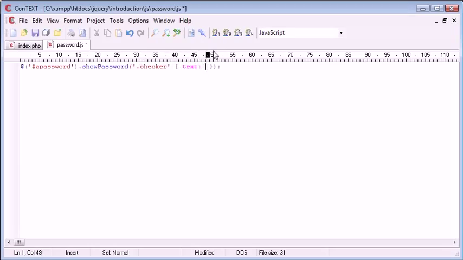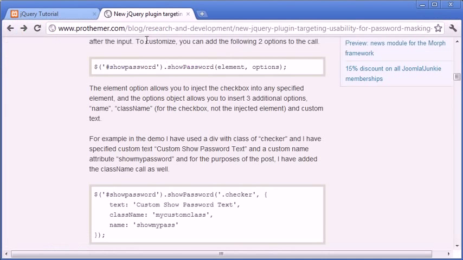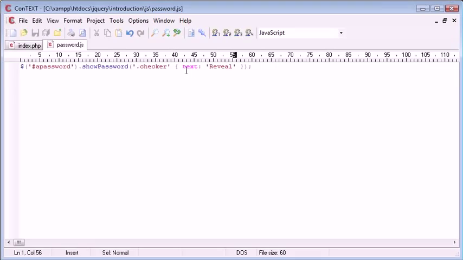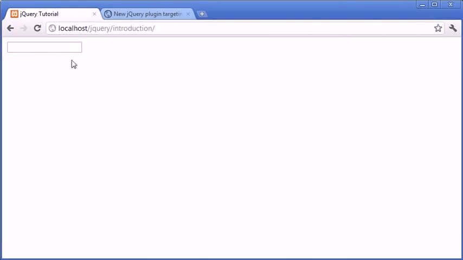We can supply text, so for example reveal, and now when we refresh this, you can see that the text will, oh no, hold on, let's see what we might have done wrong here. There we are. So checker, and then a colon, and then in brackets the options associated with this particular class. Now when we refresh, it still hasn't worked,